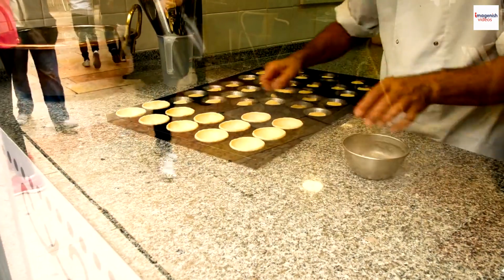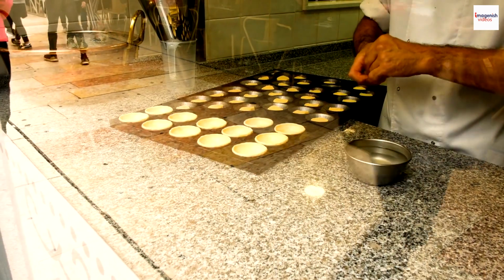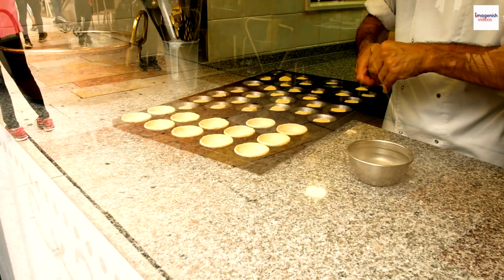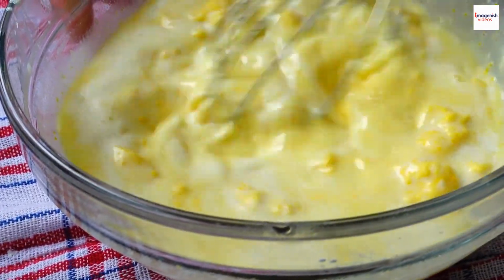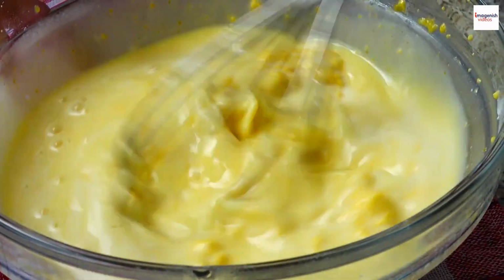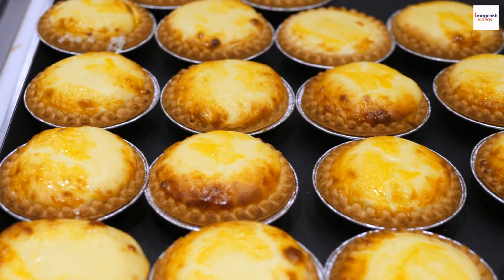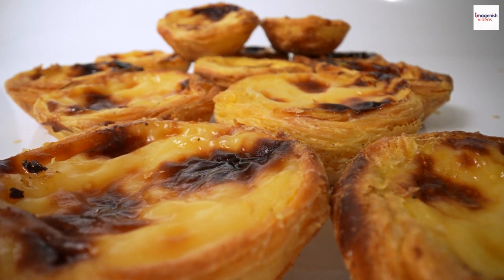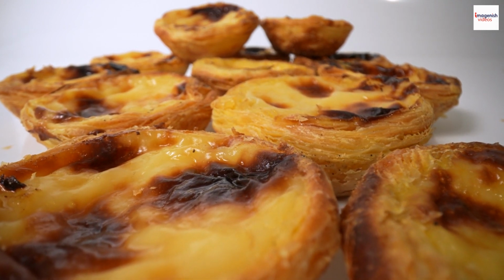While the classic Pasteis de Nata is undoubtedly divine, bakers around the world have put their own creative spin on the traditional recipe. You can find variations with added ingredients like chocolate, fruit, or even liqueur-infused custard for an extra flavorful experience. Some believe that consuming these custard tarts will bring good luck and prosperity. So, not only are you indulging in a delightful treat, but you might just be inviting a bit of good